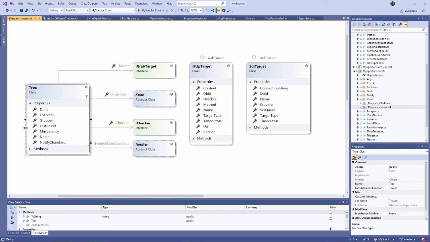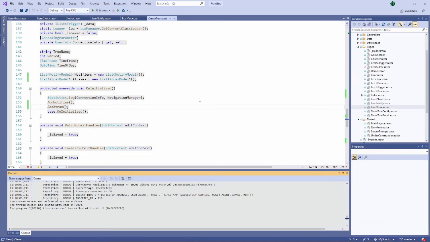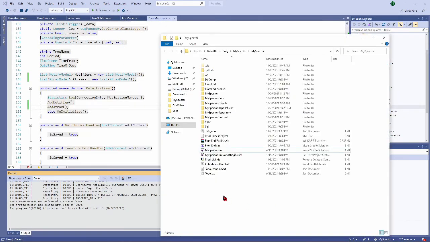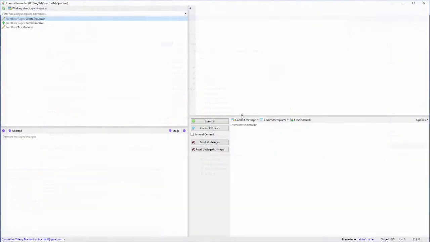So one more time, you can review this, you understand better. There is a truck model in the back end, which is referencing a list of extraction. In fact, what we have done is the same architecture as here. So in the back end, I have a truck which is referencing a specific independent class, extraction. I have segregated the dependencies. And here, the better way is to look at the diff. Also, I'm going to commit this.